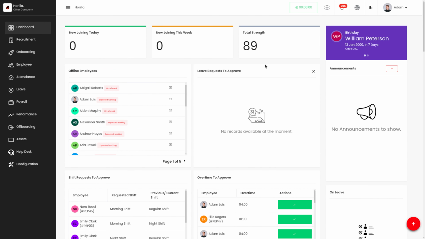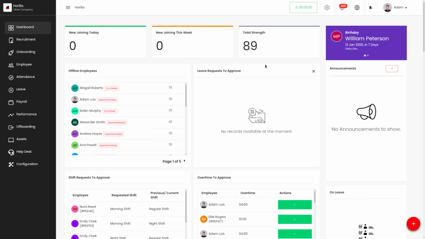Today, let's discuss My Attendances in the attendance module of Horilla. My Attendances is a self-service feature designed to empower employees by providing a detailed view of their attendance data. This section plays a crucial role in fostering transparency and improving attendance management. Employees can check their daily, weekly, or monthly attendance logs, including their check-in and check-out times. It provides a clear summary of the total hours worked, overtime, and more.